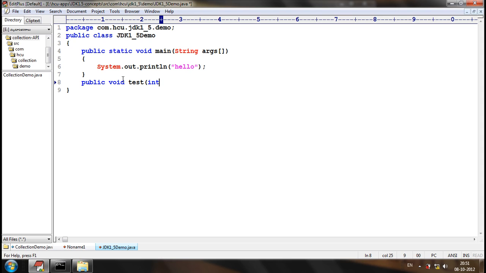I may enter 1, 2 or 1, 2, 3, or 1, 2, 3, 4, or 1, 2, 3, 4, 5. I'm not sure what the number of arguments might be, but whatever it is, the method should handle that number of arguments. Let's have a variable number of arguments.